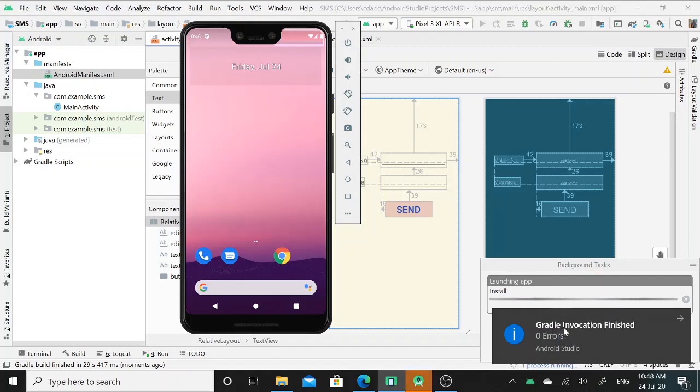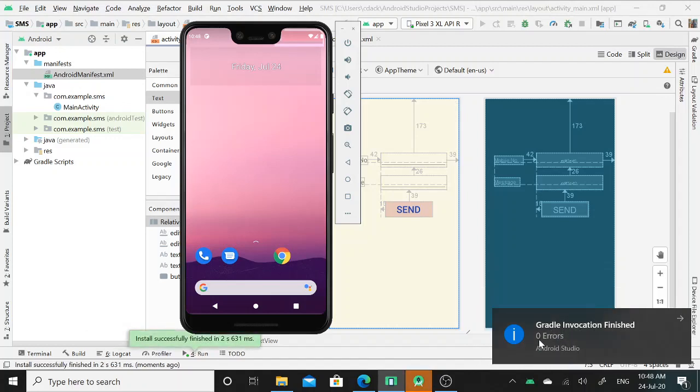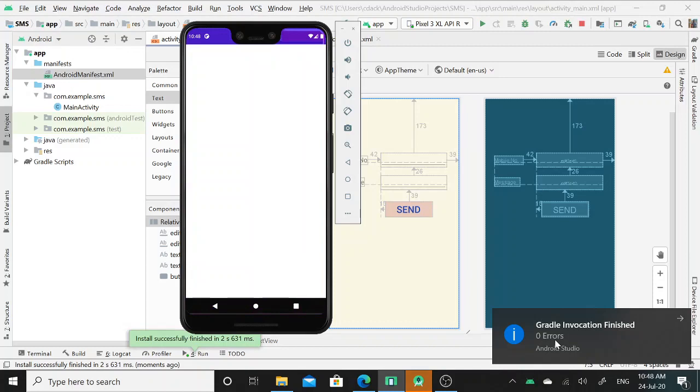So here Gradle invocation has finished. There are 0 errors. It means my application has run successfully without any errors.